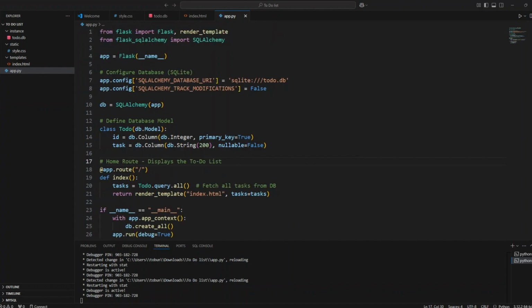I'm just going to import more because now I want to use request, redirect, and url_for. So I'm just going to update our import statement here to hold all the steps that we would like to import. So our database URI stays the same and our database model stays the same. We just have to update